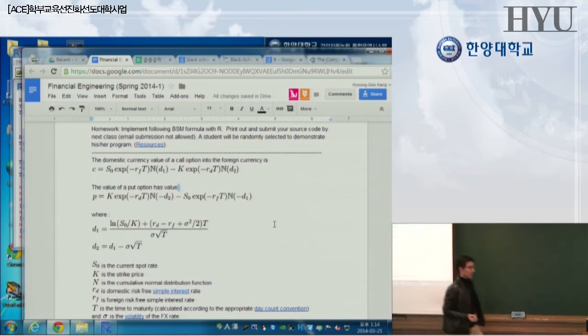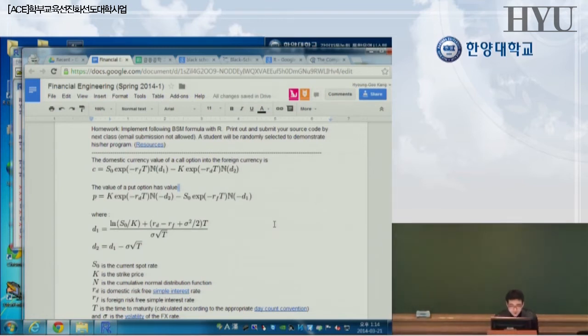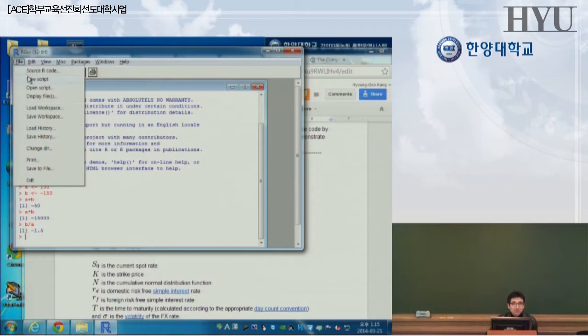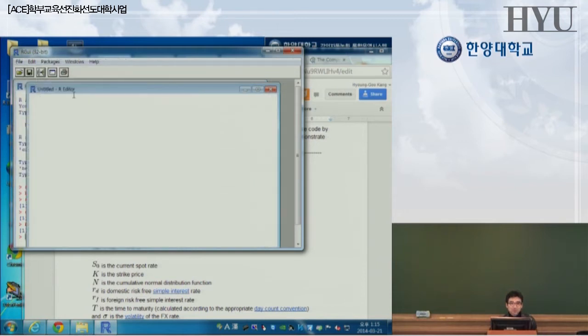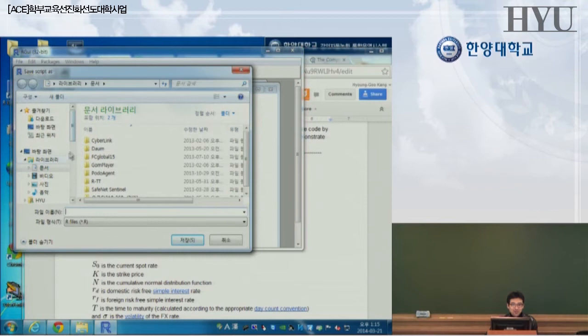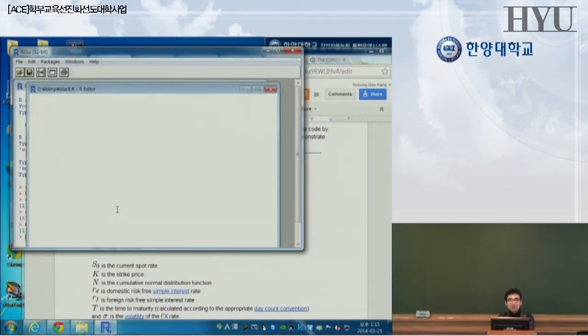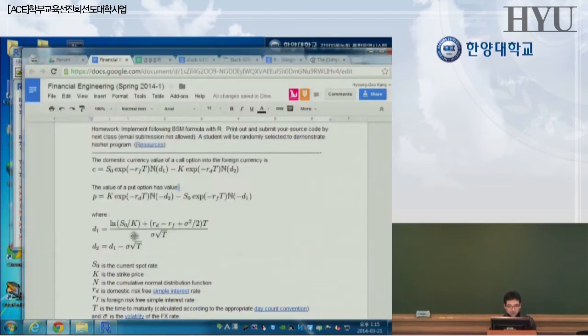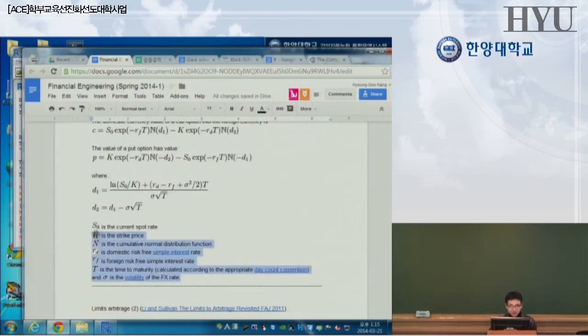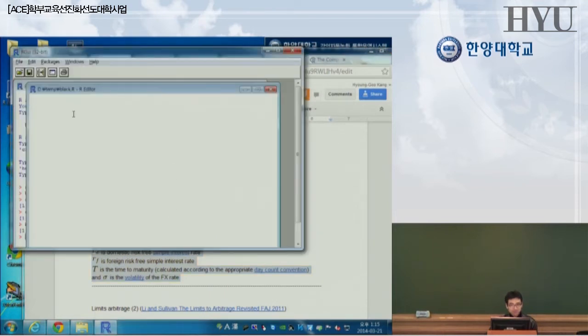Okay? So let's write down a small program. In order to write an R program, one easy way is to go File, New script. A script is a program. In the script, you do the homework. New script. And let's save the file on the D drive. I'll go to the D drive and temp folder. And then I'll save this one as black.r. Black.r is my program name, script name. Okay. So these are all input variables. So let me copy and paste this. Okay. So here,